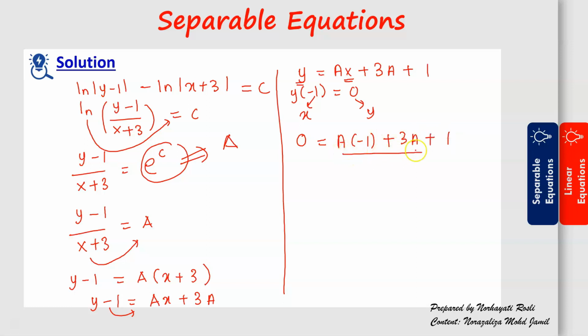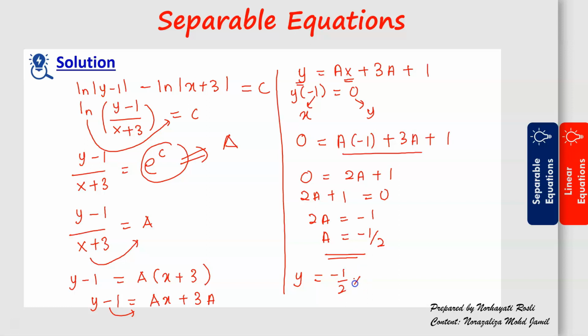In this case, I can solve this one. It is actually 3a minus a, so I have 2a plus 1 equal to 0. When we solve this, 2a equal to negative 1, so a equal to negative 1 over 2. And when we got this, to get the particular solution, this a you need to substitute in this y. So we will have our solution y equal to